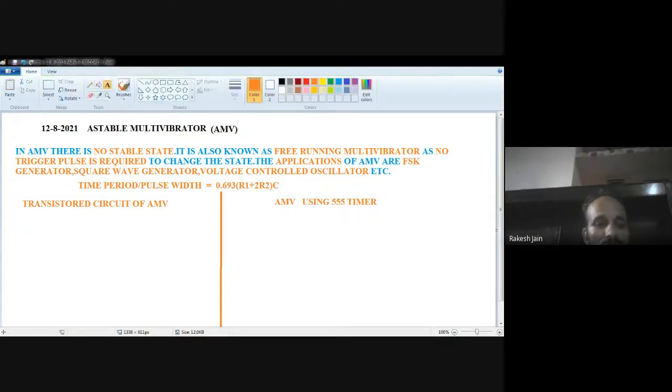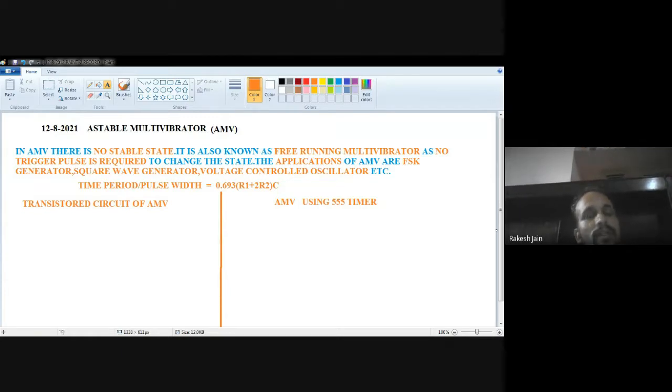First of all, the transistorized structure. As I have already told, there are two amplifying devices. So let's suppose I have two amplifying devices as transistors. Here I use NPN transistors, that's why the power will be positive VCC. If I use PNP transistors, then I must draw a negative supply for the VCC. They are in common emitter configuration, which I am showing you right now.